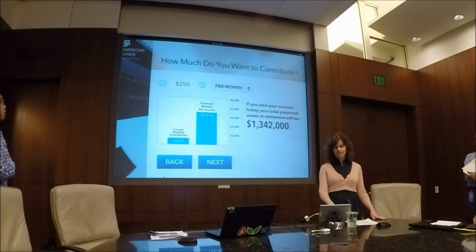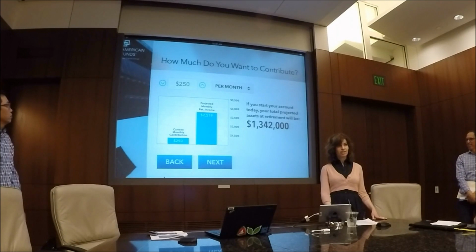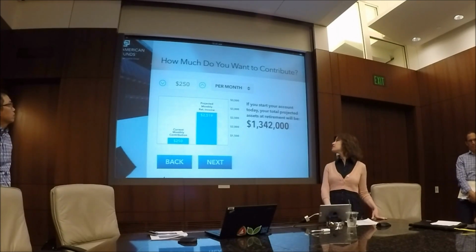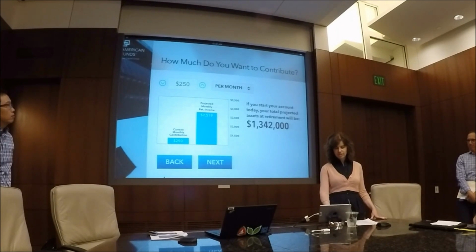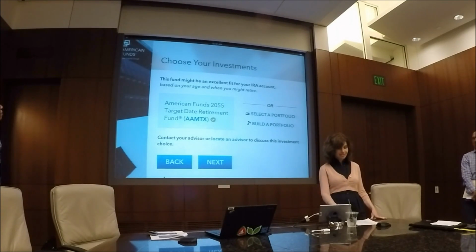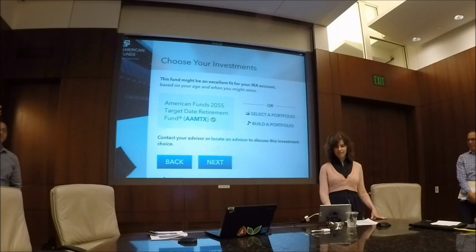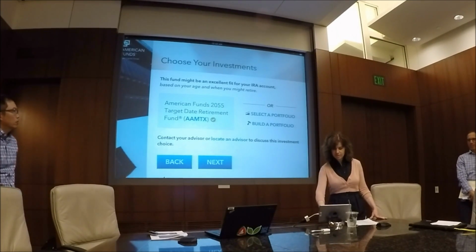And because EASE knows how old I am from my license, it can tell me how much I will have in retirement with this contribution, which is over $1.3 million, which sounds like a pretty good deal. So go ahead and tap Next. And then it is making a gentle suggestion, which is in no way advice, of a target date fund I might like to open here, which looks pretty interesting, but I actually want to tap here and select a portfolio,